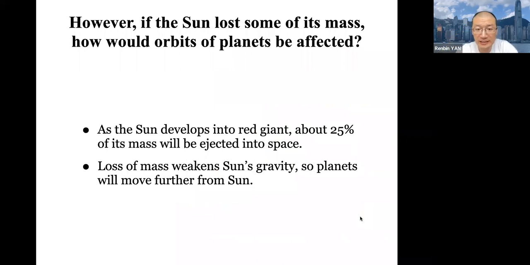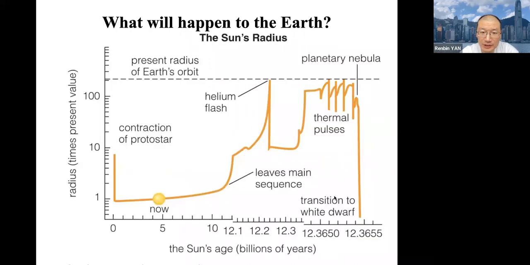We are actually in danger. If the sun expands into a red giant, it will actually become much larger than before. But also our orbits will be affected. Actually, as I showed on this previous figure, this line is the present radius of the Earth's orbit. You can see that when the sun becomes a red giant star, the size of the sun almost reaches the size of the Earth's orbit, right? So does that mean that the Earth will be going around the sun on its surface?